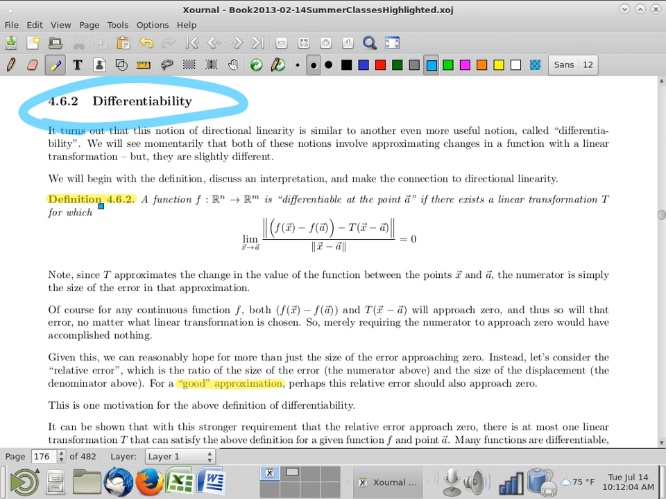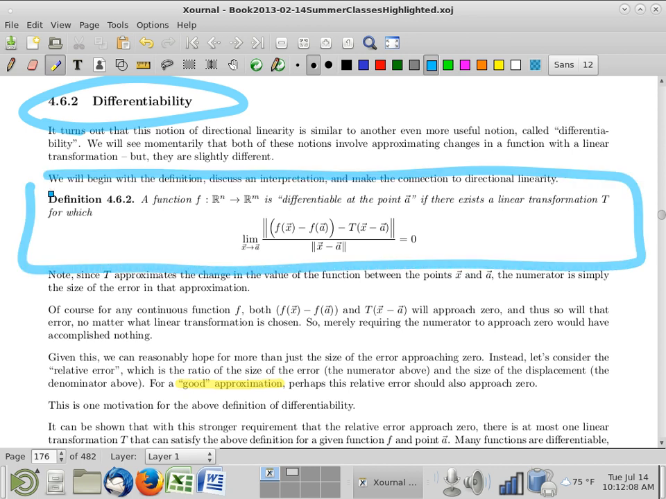So specifically, here's the definition of differentiability. This is what it means for a function to be differentiable. Roughly speaking, it means that there is a linear transformation T that makes good approximations of the function. And very loosely, the idea there is then that if you have an input change, and if you compute the corresponding output change,